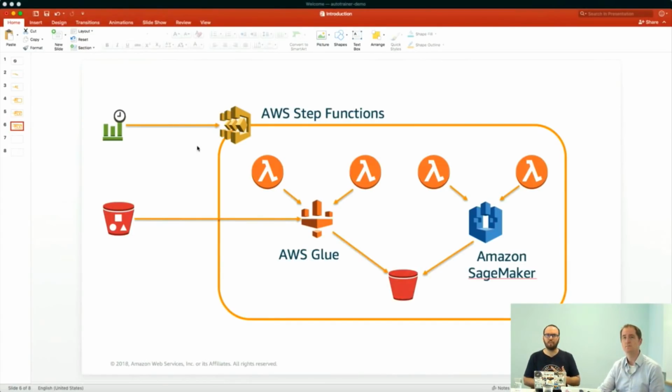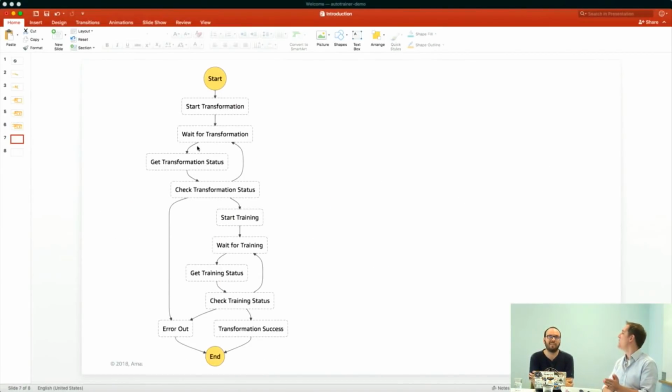Cool. And what does the state machine look like? Here you go. Glad you asked. So this is not, I'm sure, the most complex Step Functions state machine that anybody's ever seen. But the key thing I want to highlight here is that we've got primarily two activities, as we saw in the previous chart. We've got the Glue job that we need to have run in order to do the feature engineering. And then we've got the SageMaker training job that we need to have run in order to produce the model. The main pattern that we're adopting here, as far as Step Functions is concerned, is this start, wait, check,